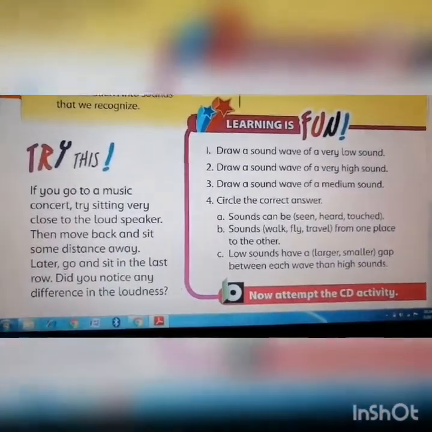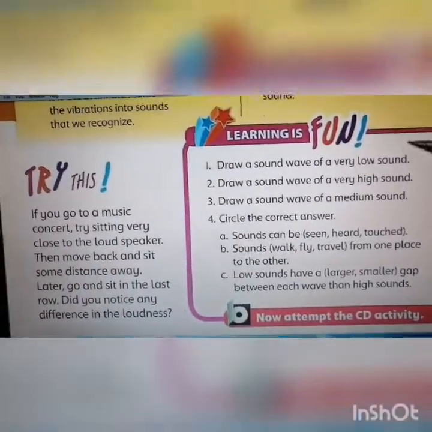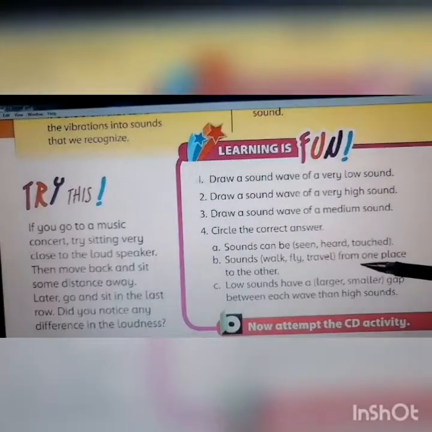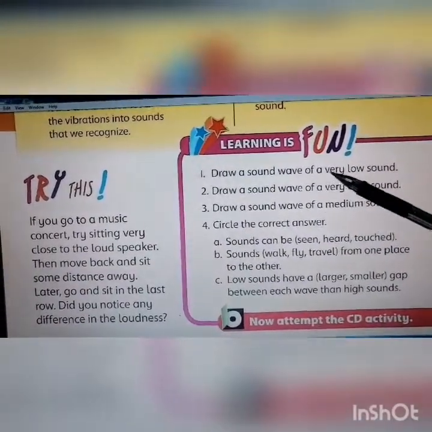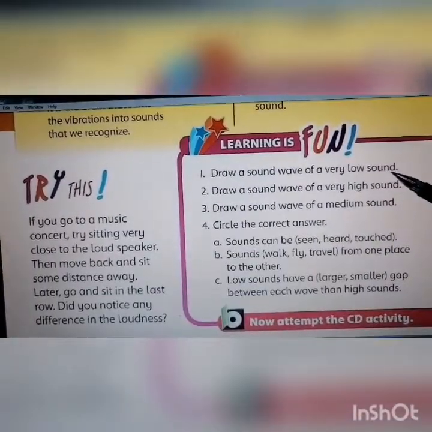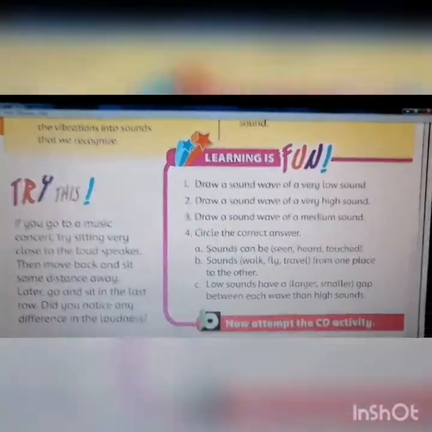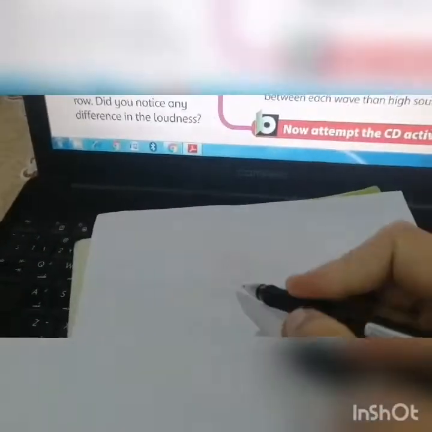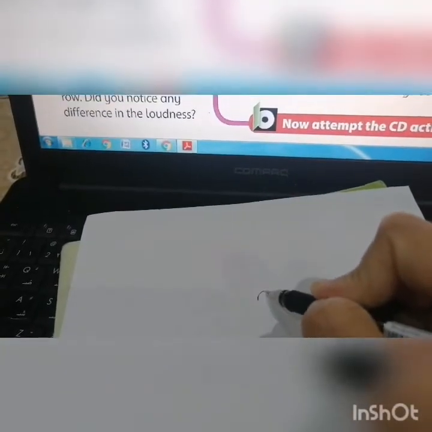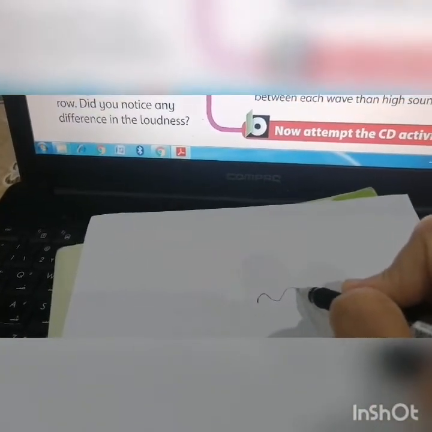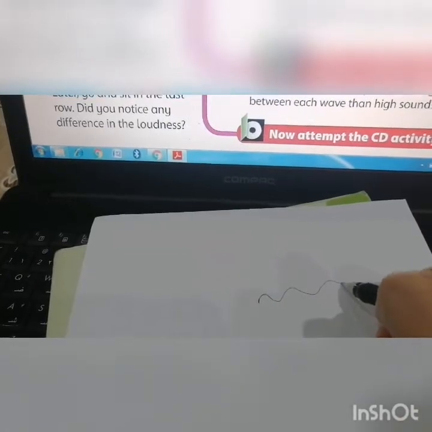Now what I want you guys to do is try answering these questions. Draw a sound wave of a very low sound. The lower the pitch, I told you, it would be something like this, with long gaps in between.